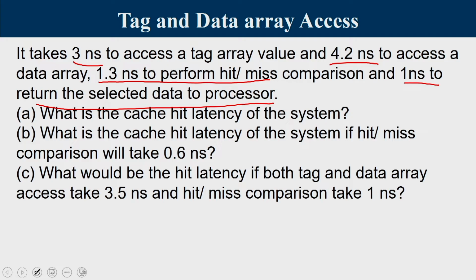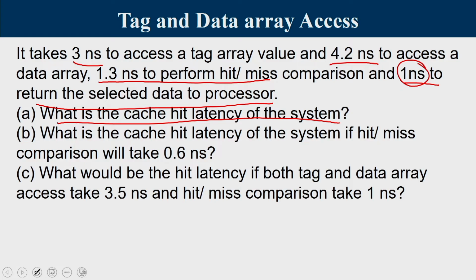So, that happens after the tag array operation, and once the hit happens, then it takes some time. Here in this case, it is 1 nanosecond to return the selected data. What is the cache hit latency of the system? And the second portion asks what the cache hit latency of the system is if the hit or miss